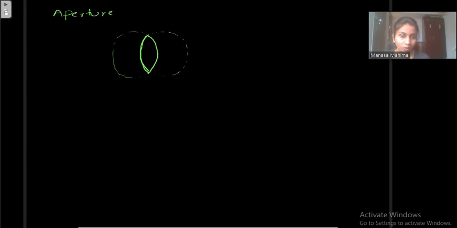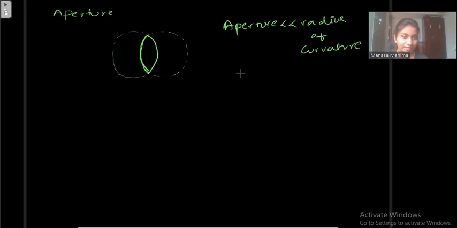The diameter of the circular surface of the sphere, or the circular faces of the lens, is called the aperture. If this aperture, or the diameter, is less than the radius of curvature, then you will call that kind of lenses